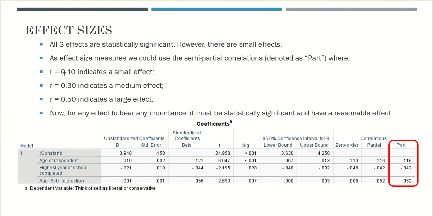A small effect size would be 0.1, whereas a large effect would be 0.5. You can see that age has a small effect, and even the other indicators are even smaller. So we don't have a very strong relationship with this particular data set. And that's how you would run a moderation analysis in